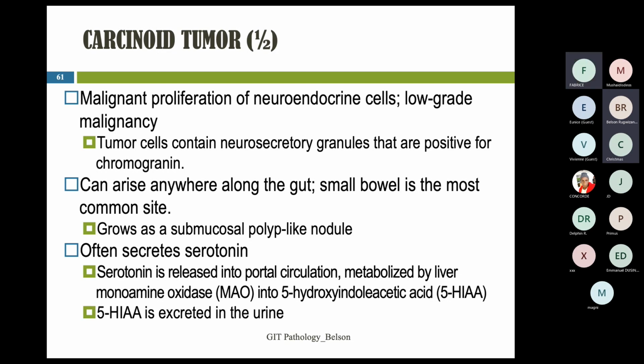Muri small intestine ziba ziriho ahantu hose buriya zivangavanze na enterocyte. So they grow as a submucosal polyp like tumor, a nodule. Ku buryo kenshi bakoze endoscopy uba endoscope iba ukwisunika wumva ko inyuma hari ikintu ariko ntubukibona kuko ko iri inyuma ya mucosa. So they secrete serotonin, yango serotonin twayibonye kare, ikibazo cyayo it can be metabolized by the liver